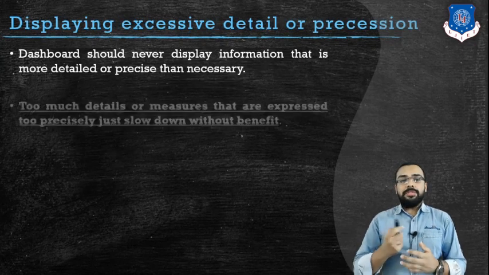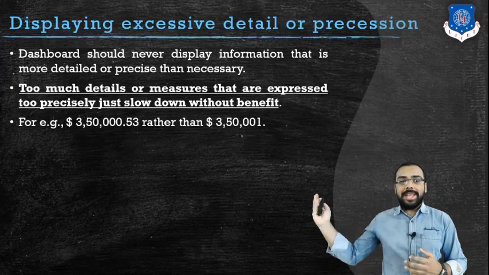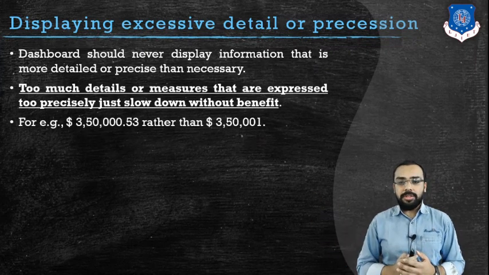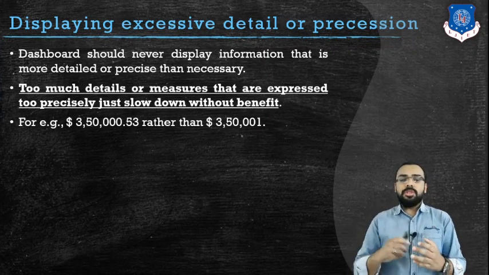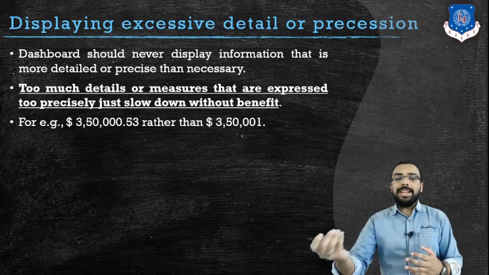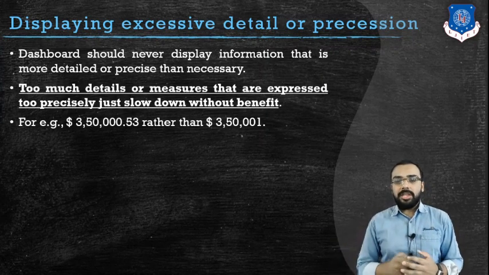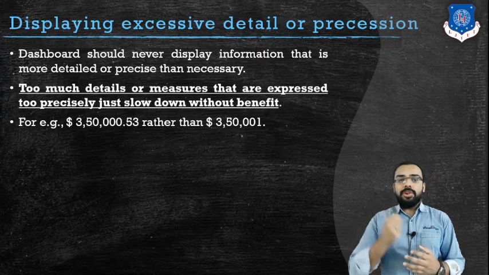So the first we are going to see is displaying excessive details or precision. Sometimes what we do, instead of showing the accurate result, we try to show the display which is in excessive details. Let us consider an example. For example, if I want to show a revenue that is worth rupees